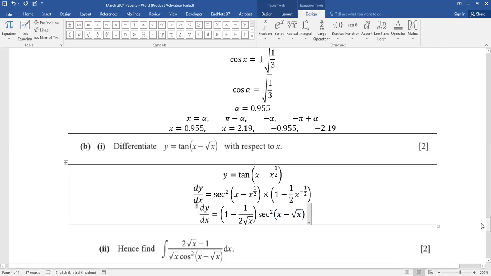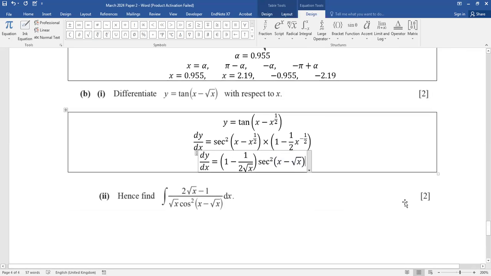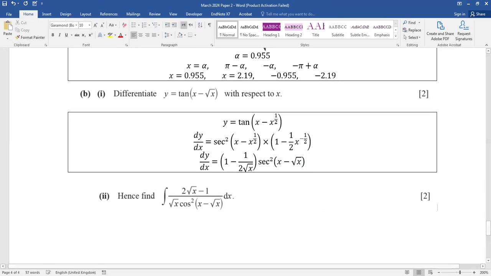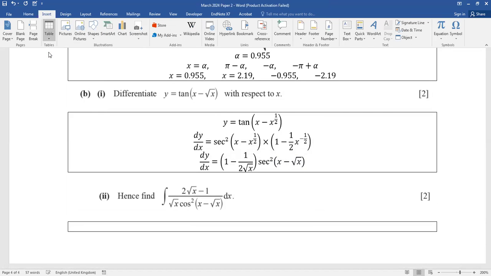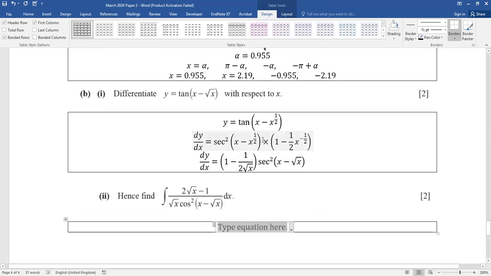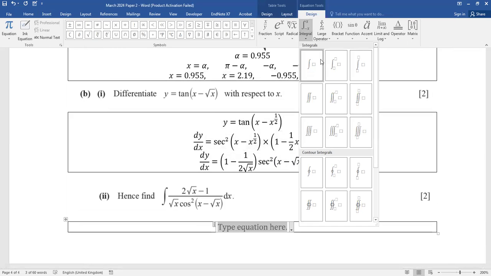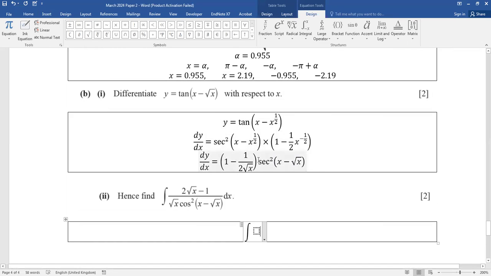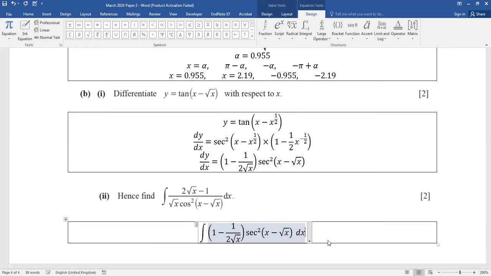So this is the derivative that we had. And now it wants us to find this. So first, if the question had asked us to integrate this, it is something that we can integrate, and we know the integral of this will be tan of x minus